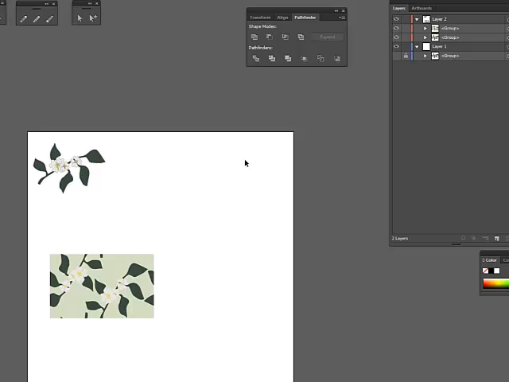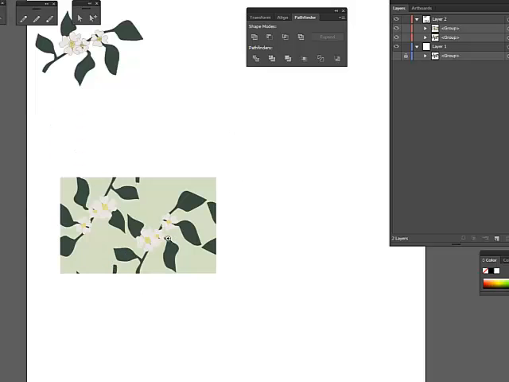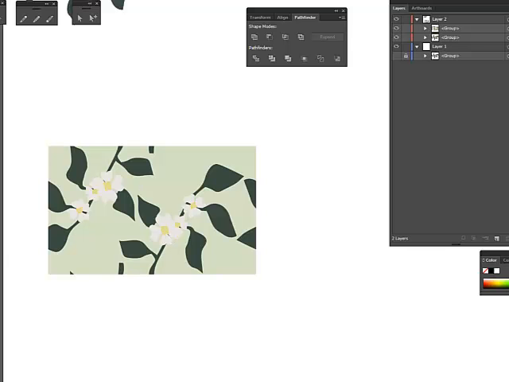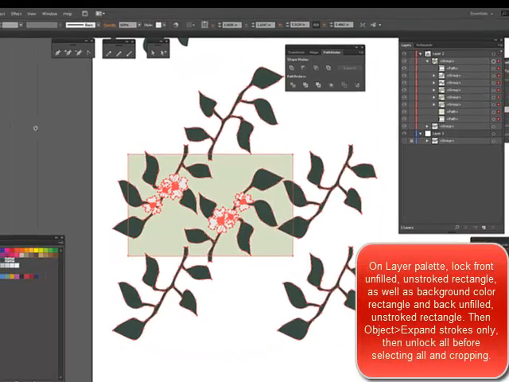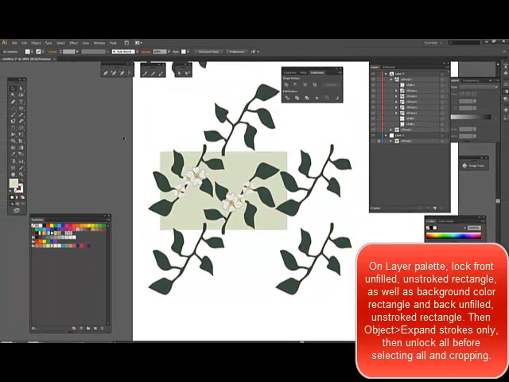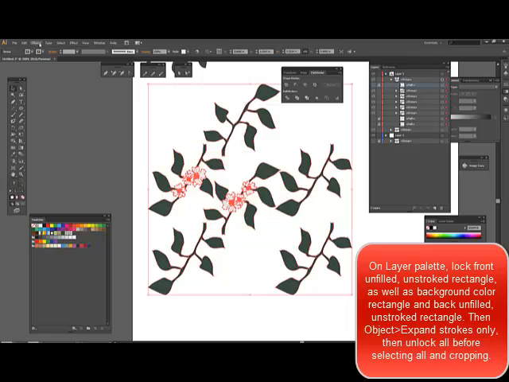Okay, but there is a little problem with this, is all the lines disappeared from the flower. So what you have to do here is you have to back up. See, all the lines disappeared, the strokes. So you back up with Control-Z,